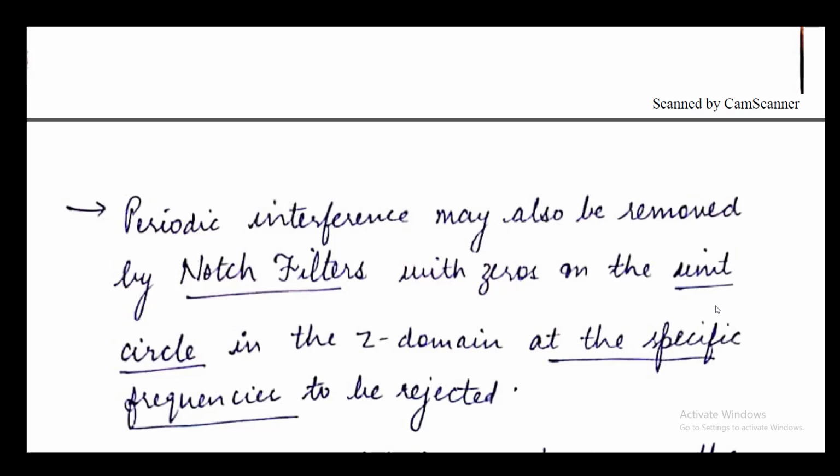How can we do that? We can use the Z transform, and after taking the Z transform, we keep the corresponding frequencies equal to 0, meaning the signal at that corresponding frequency is equal to 0. So we are designing notch filters with zeros on the unit circle in the Z domain. One thing to notice: we are assuming the unit circle, that means R is equal to 1, at the specific frequencies which are to be rejected. Those contribute the zeros of the notch filter.